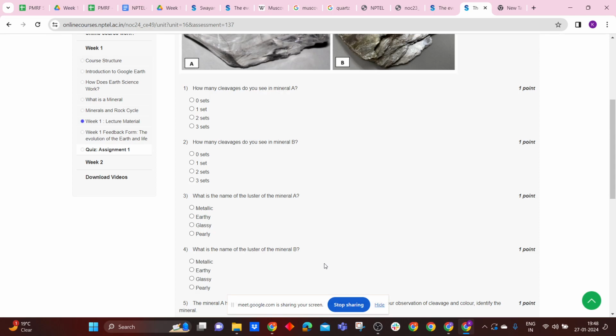If anyone tells you that it is metallic luster, please don't go for it, because it is very rare. I have done fieldwork near Angul, Odisha, and I got a muscovite from the field that did not resemble a pearl. In that case it had lost its pearly property. In such cases we can say it's a different kind of luster, due to weathering or erosion, or prolonged exposure to temperature or heat. But usually it shows pearly luster.